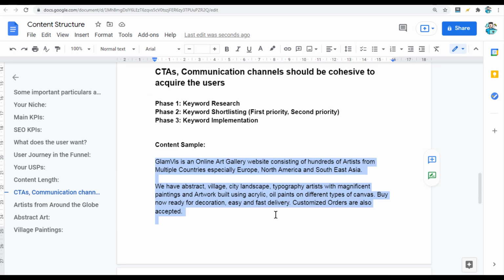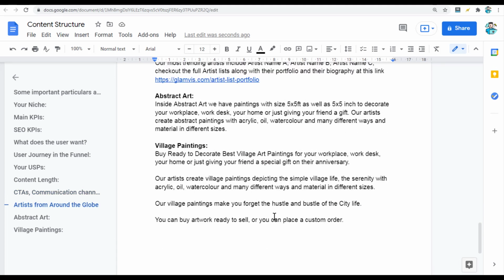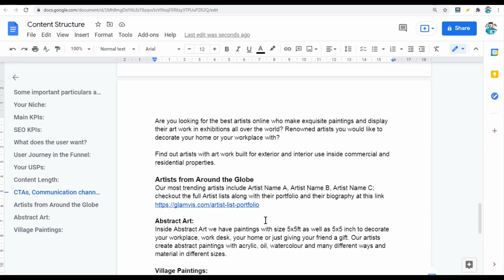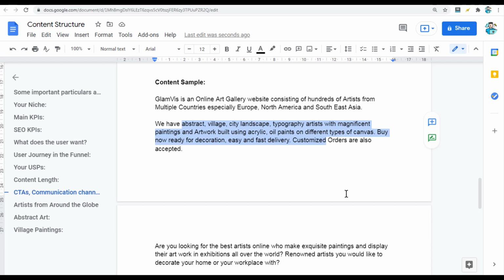If we speak about the paragraphs that are more concentrated on SEO, it is this one, this one, this one. All are dealing with a specific type of customer persona. For example, we have this abstract village, it is generic.